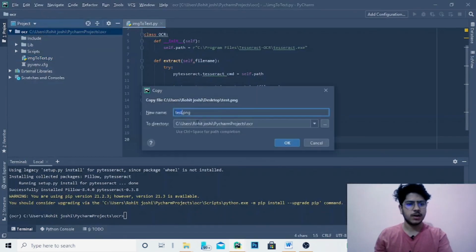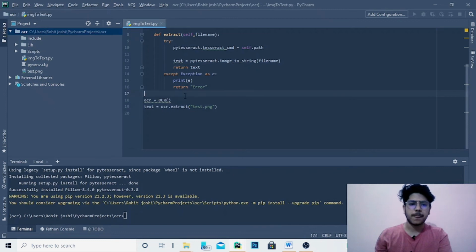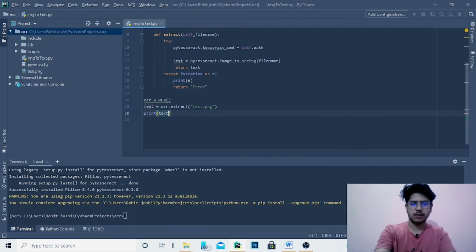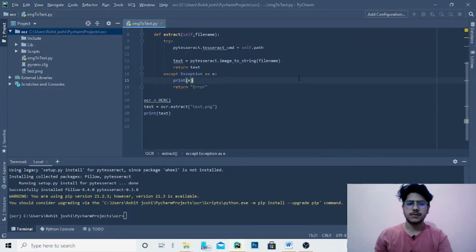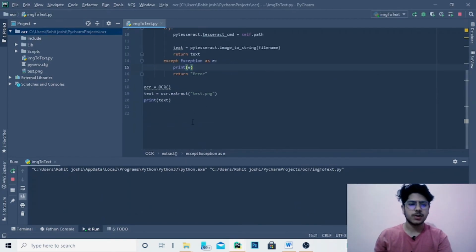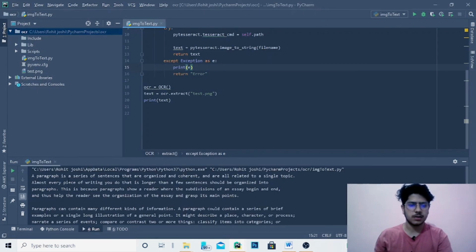Let me copy it here. Okay, so now let's check whether it is working or not. Just run that. It will take some time, and yes, you can see here the text.